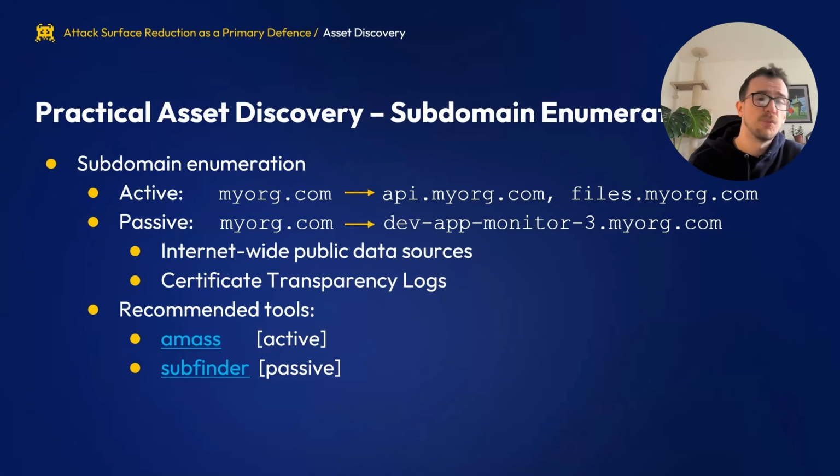But really, the more important one here is passive enumeration, because active enumeration has significant limitations. As with any brute forcing, it takes time and it relies on guesswork. So if we don't have api, or if we don't have files in our word list, we're not going to find those subdomains. And realistically, a lot of the subdomains that we're looking for are going to be much more difficult to detect. So moving on to the passive example, we can see that we found